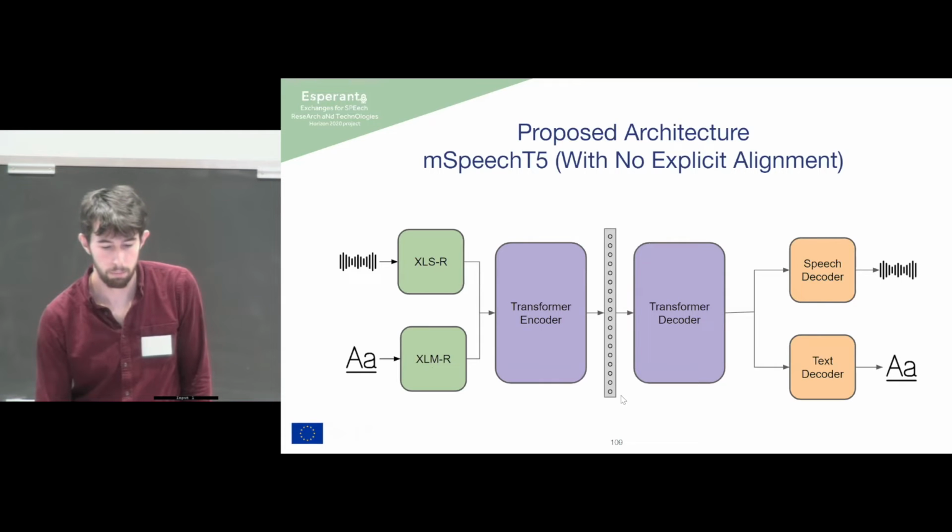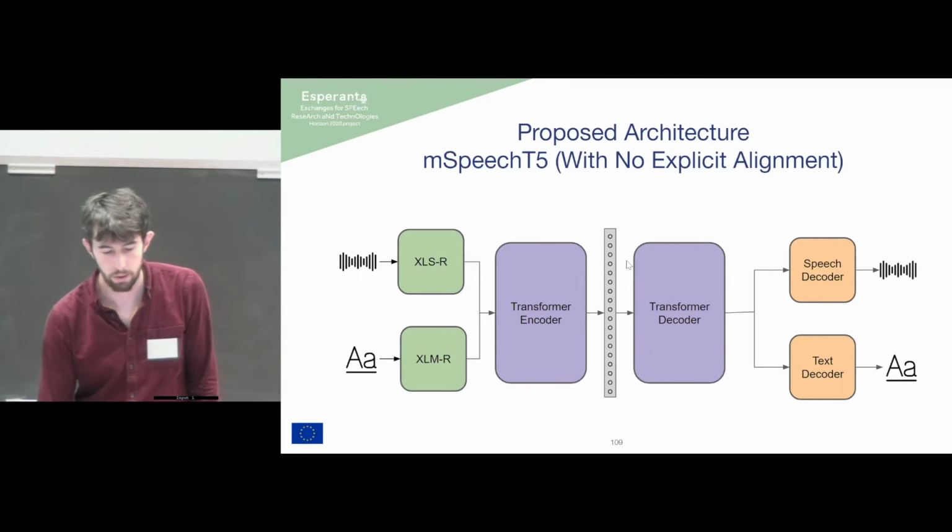Now, we also have in the middle a codebook. So we have some kind of bottleneck layer where we're projecting certain frames into lower dimensional quantized representations. And this is basically to try and force the model to learn semantically aligned representations in an unsupervised way. Again, I'll talk about that a bit more in a moment.